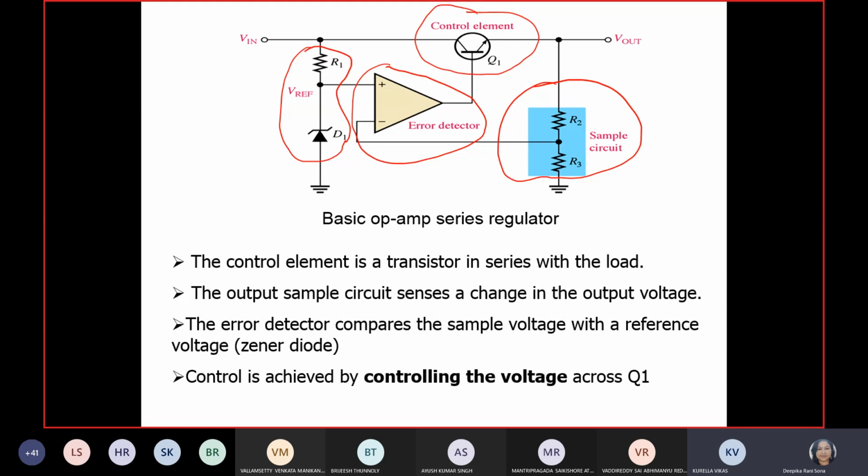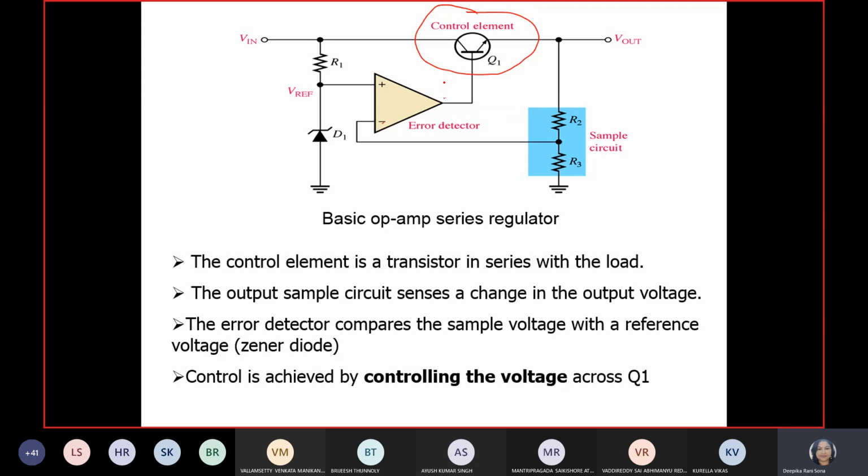Yes, ma'am. Okay, fine. So these are the components we are using to build the series voltage regulator along with the op-amp. Now, how do we understand the circuit concept? Guys, the transistor base is connected to the output of the op-amp. Now this transistor is connected in series with your load resistor. Here that part is not drawn, but it is connected in series with your load resistor. This part is missing, but you have to imagine it. That's why, because the control element is in series with the load resistor, we call this a voltage series regulator.